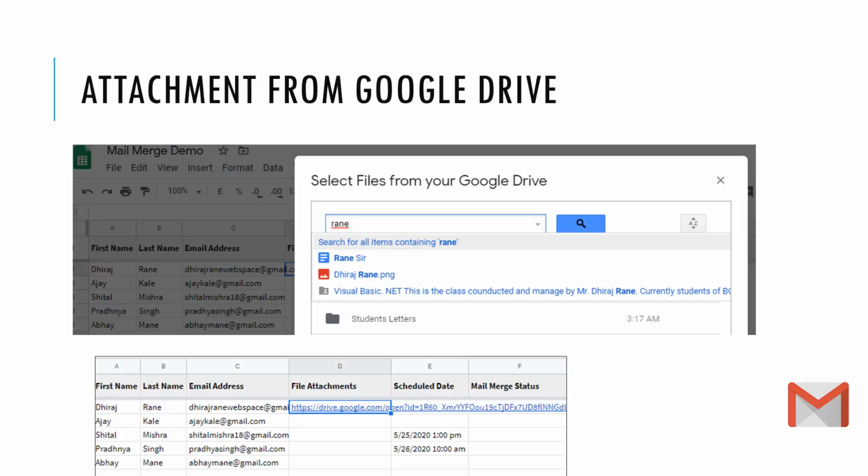It will enable that particular document in the sharing way. It will change its permission itself, and it will add its shared URL to our Google Sheet. Now you can see here the URL of the document, dheerajrane.eng. In this way, we may add an individual document from the Google Drive also.